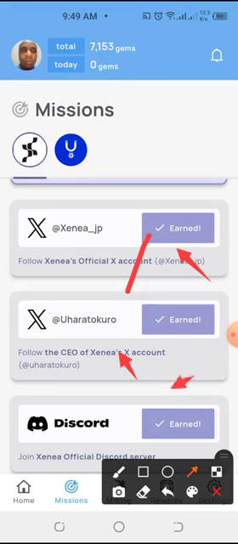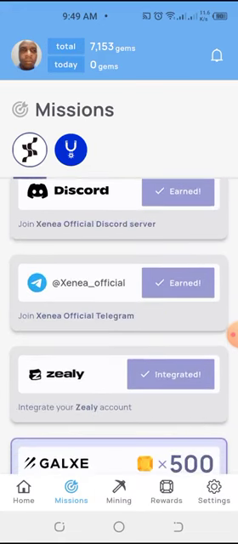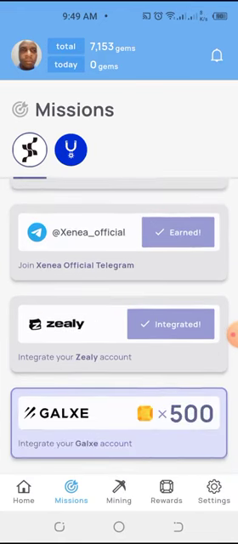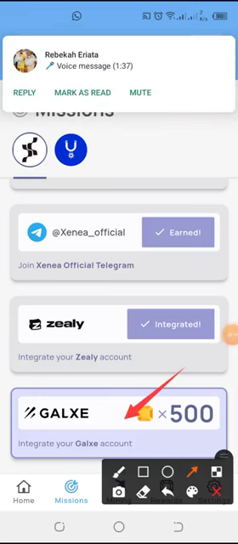If you have a Discord account, you also join on Discord and collect some points for every one of these actions that you carry out. Then on Telegram, you can also join their official Telegram group. If you have a Zili account, you also integrate your Zili account and every other thing that needs to be added. I don't have this account and I have not added it until I'm able to create one and then eventually come back to integrate. Okay,